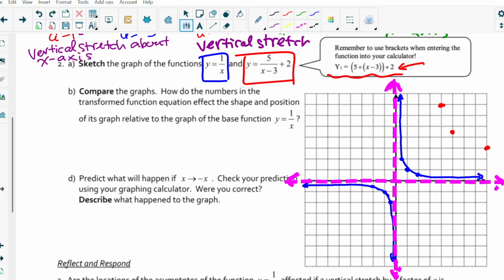let's do it in orange. The asymptote would be right here. Oops. Right there. And I'll draw on this other asymptote right here. Okay, so in red, it's going to look roughly like this. Okay, and then on the other side,